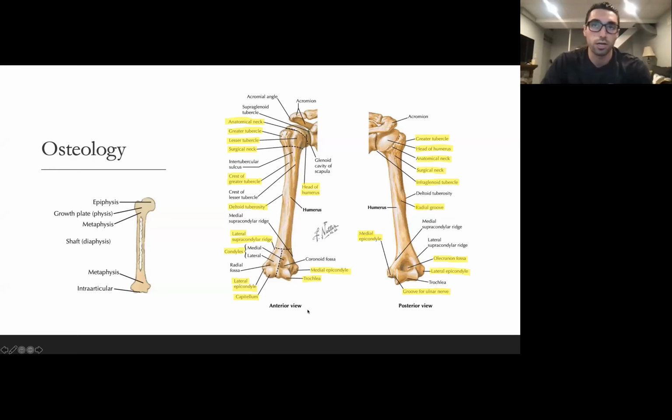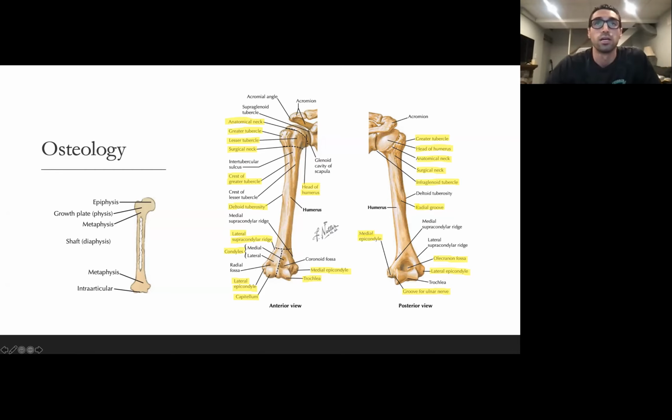Okay. So the first slide, I highlighted some of the things that I think were pertinent to humeral shaft fractures and insertion and origins of muscles. But first, we could start on the lower left of the screen. So the epiphysis is located here on the humerus. You have the growth plate, the metaphysis, and then what we'll be talking about today, which is the shaft or